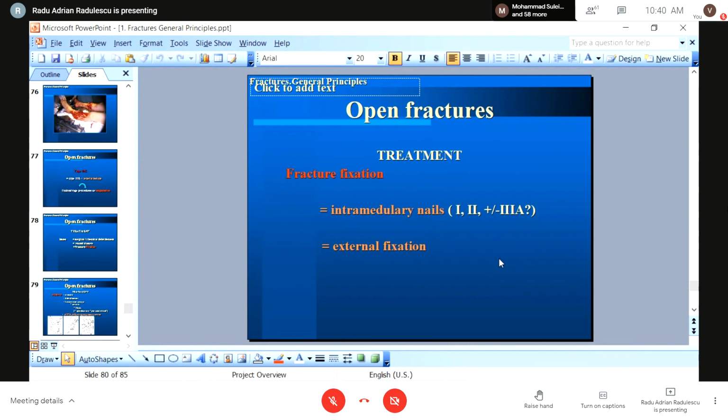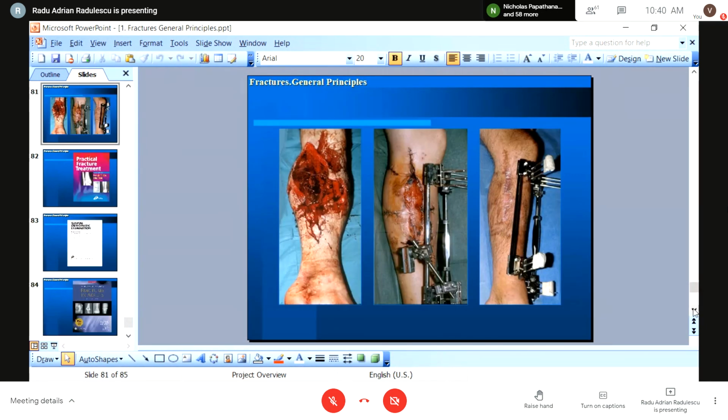Well, in our practice in Romania, we prefer to use external fixators also for the 3A in order to prevent infection at the level of the fracture. In other countries, especially US, in 3A, they still prefer, in most cases, intramedullary fixation nails doubled by a long-term treatment with antibiotics. Here is, again, an open fracture fixed with an external fixator, and also there are different stages